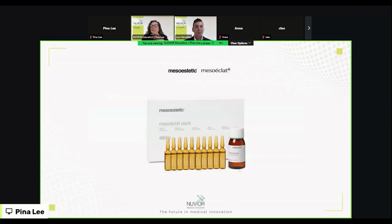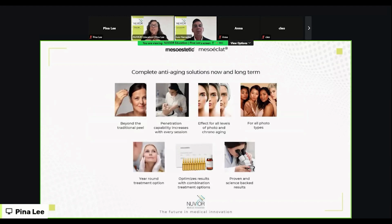And that's how it comes, ladies and gentlemen. So when you're talking about anti-aging, you're talking about providing your patients with immediate and long-lasting results. You have this gorgeous treatment that goes beyond a traditional peel. Its penetration goes deeper with every session. It's safe for all skin types, including your rosacea, bringing down that redness, stimulating that defense mechanism of the skin to make it stronger. Because even girls and boys with sensitive skin need to anti-age. So now you have a year-round treatment solution for regenerating, revitalizing, and improving the defense of the skin,